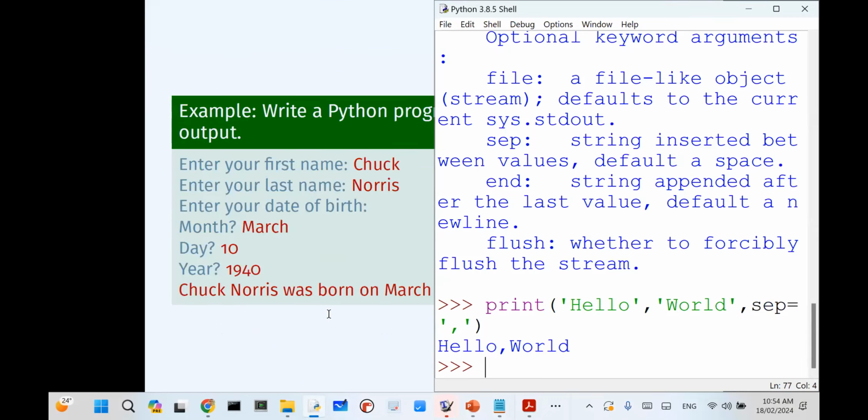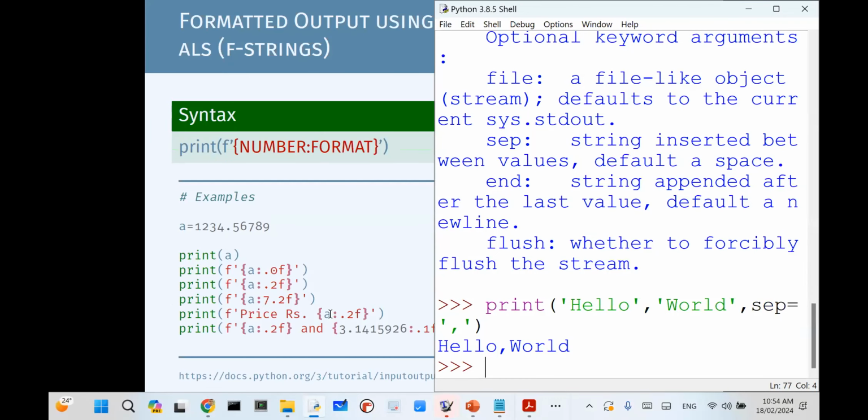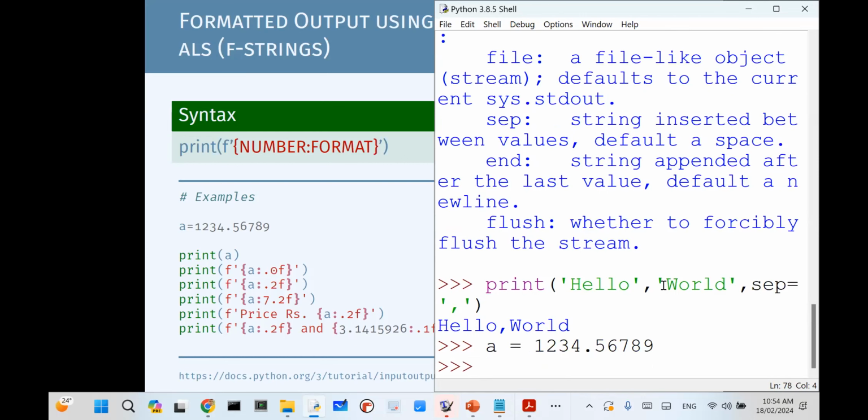The next one that I would like to discuss is the use of F strings. F strings are the latest way of formatted strings. For example, let me say we have a variable A, 1, 2, 3, 4.5678 9. So it looks like this.